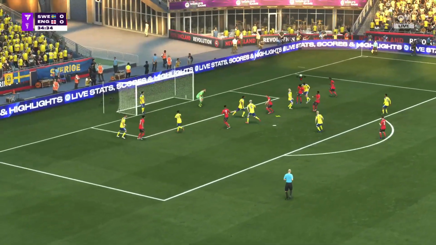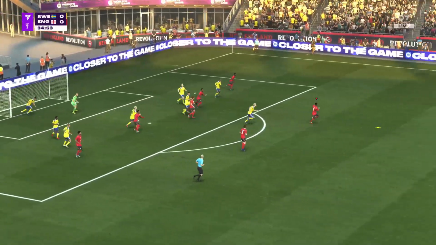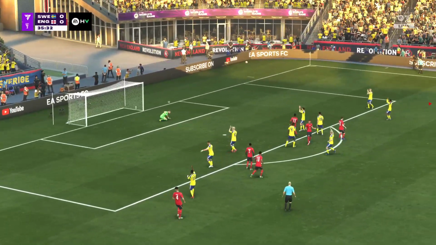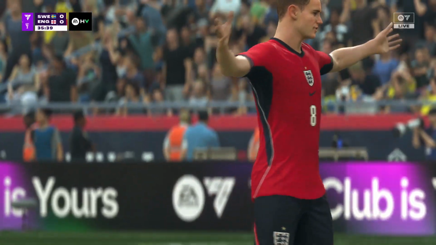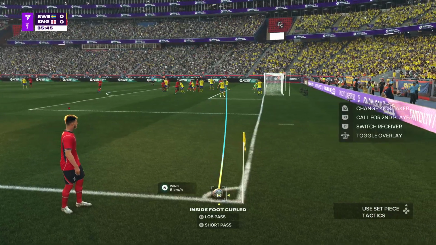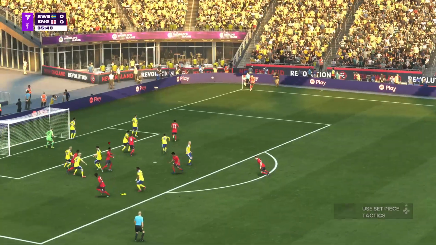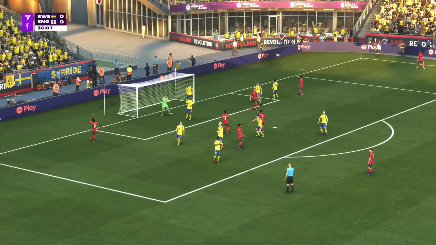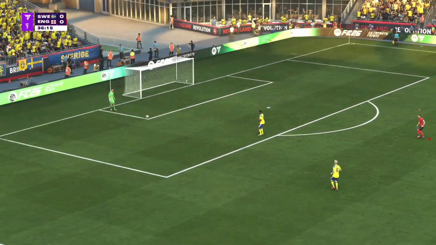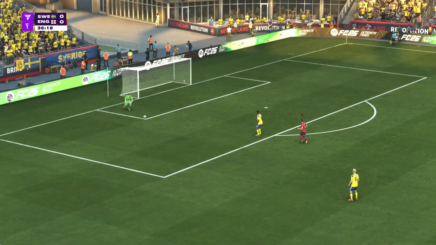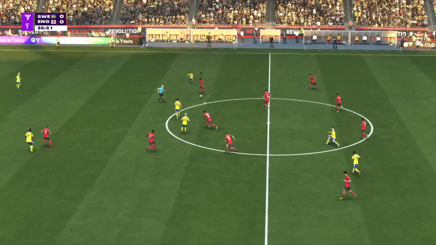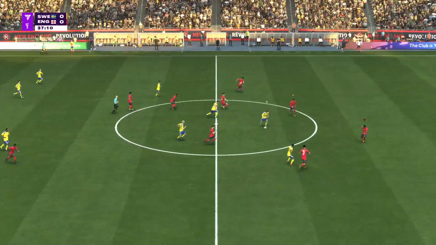And over it comes. And it's all rather fizzled out. And he's kicked it out. Fully stretched. Somehow reaching it. Oi! It wasn't a great header, in all fairness, and a goal kick it is. And we saw the situation developing.